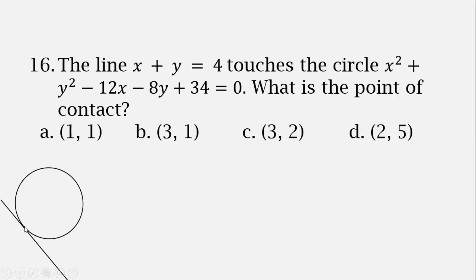Now see, without this discussion, we can see this point (1, 1) is not on this straight line. You see (3, 1), it is on the straight line. (3, 2) is not on this straight line because 3 plus 2 is 5. (2, 5) is not on the straight line. You see, it is 2 plus 5, 7. 7 is not equal to 4. So only this point is on the straight line. A, C, D are not on the straight line.